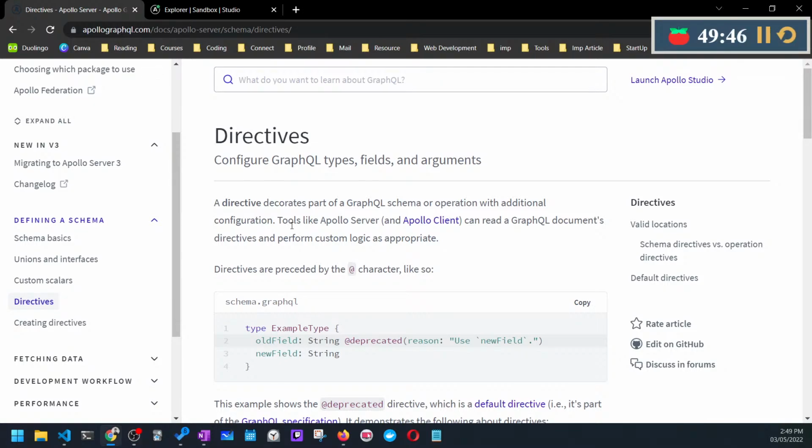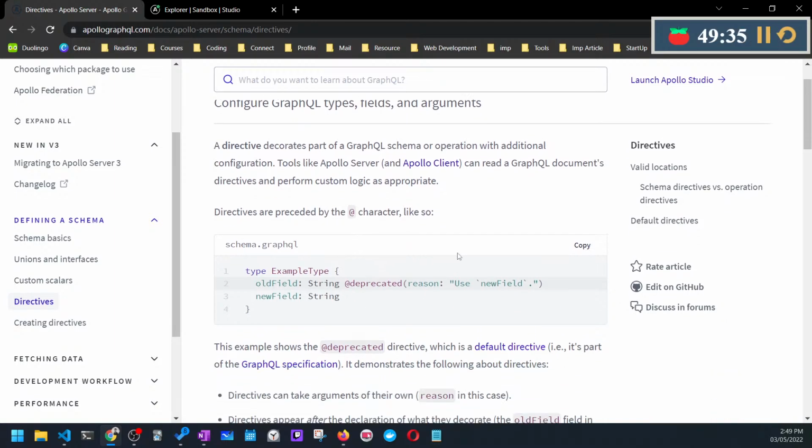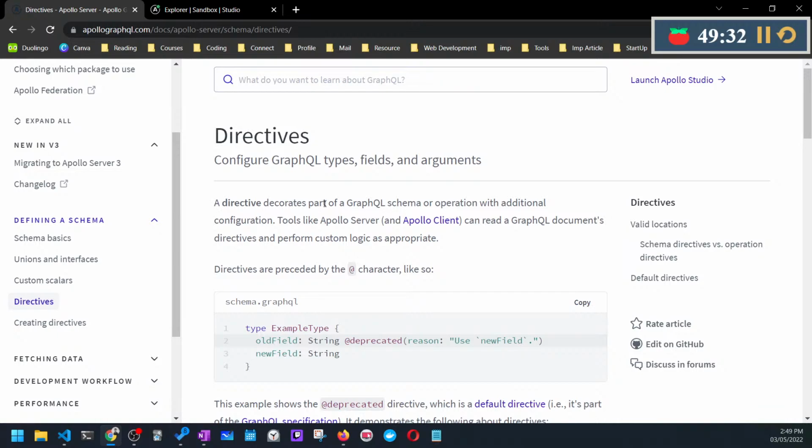So yep, we were going to have a look at directives, which configure GraphQL types, fields, and arguments. A directive decorates part of the GraphQL schema or operation with additional configuration. As you can see, you can configure a GraphQL type or a field or an argument with some additional logic or configuration. Tools like Apollo Server and Apollo Client can read a GraphQL document's directives and perform custom logic